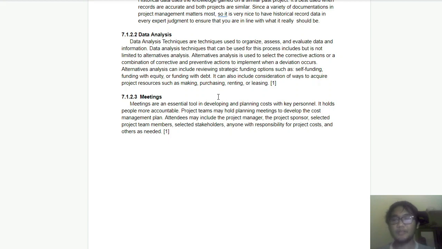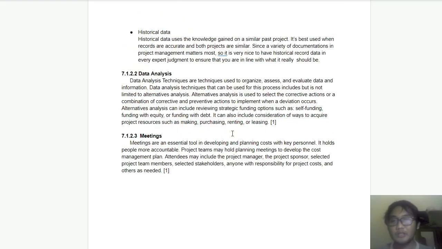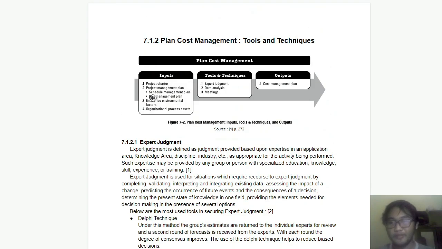Meetings are very important because this way you can group your teams together so you can discuss how you are going to plan your cost management, to make the four inputs be converted to the output, the cost management plan. And how they're going to be converted from the inputs to the outputs using tools and techniques will be explained